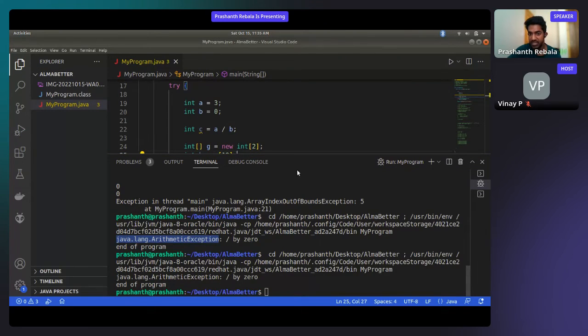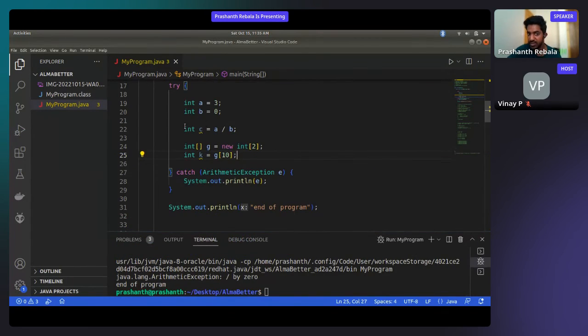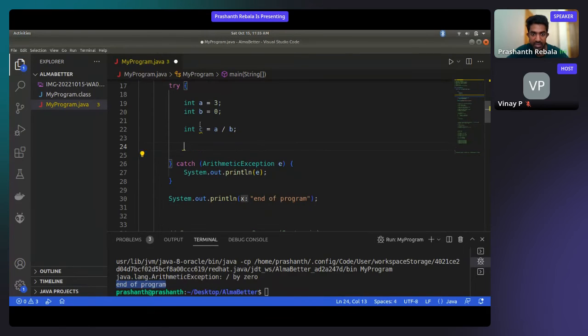yeah, it's going to say divide by 0 exception. So it started over here. There was some problem here. So it just goes into this arithmetic exception. It told me what it is. And then it said end of program. Okay. Now, if I were to do these lines here,